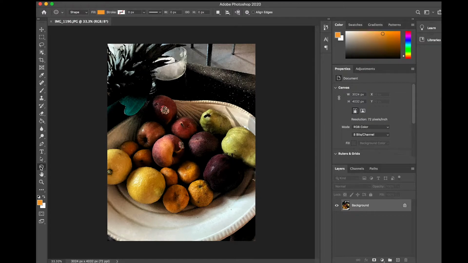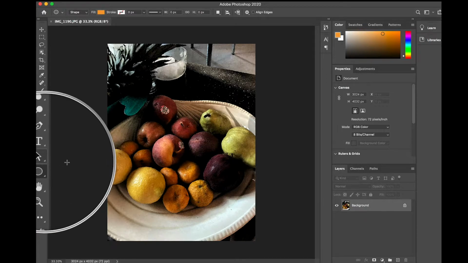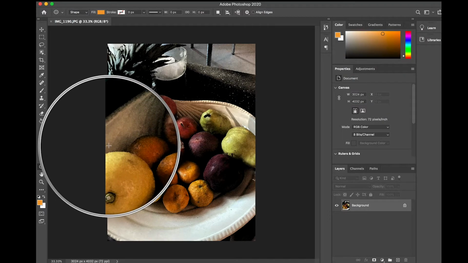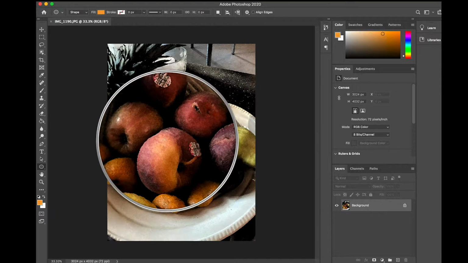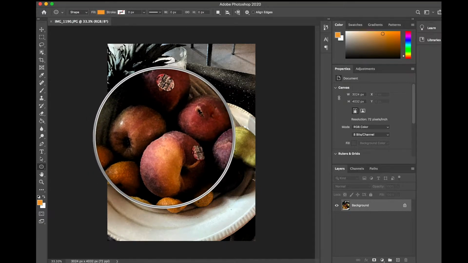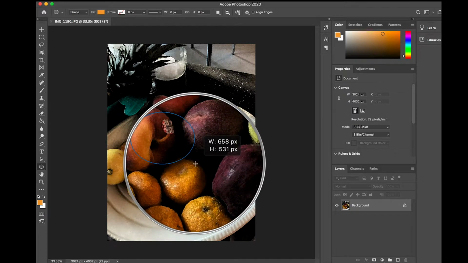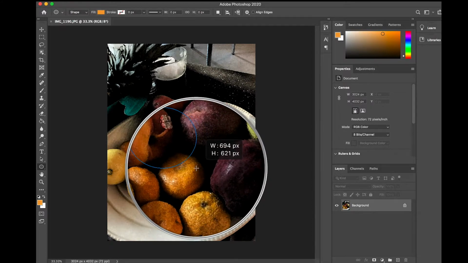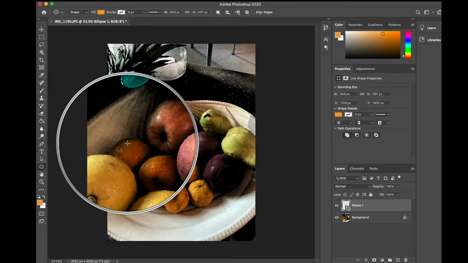So first thing I want to do is figure out what kind of shape I would like to use. So I am using the circle or ellipse tool to draw, and that is right there. So now I am going to draw an ellipse, a circle of the fruit. And I'm looking at the fruit, like what kind of shape could they be, getting organized of what I would like to put in. I have now made my shape,